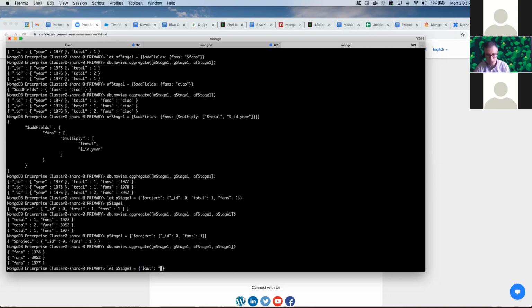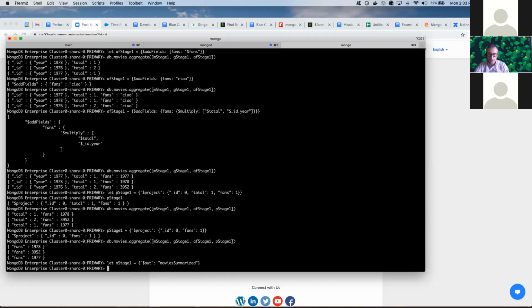So I'm going to call it summarized movies, or movies summarized. So it's going to be close. Movies summarized. Bam, just like that. It doesn't get any simpler than this. In fact, I think this is the simplest stage we've seen so far,